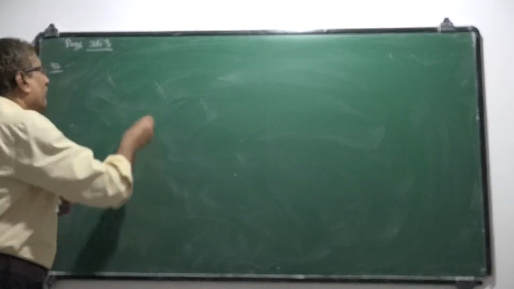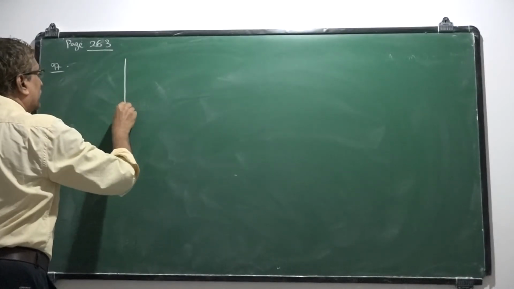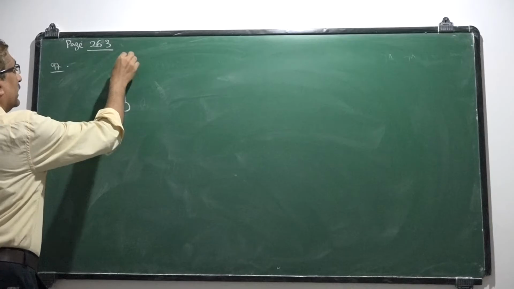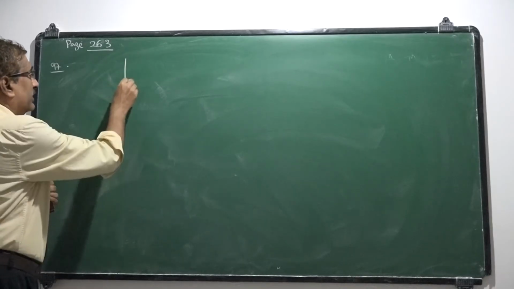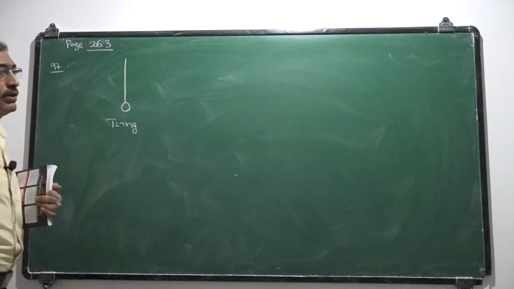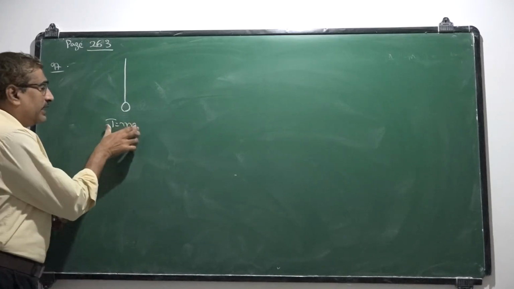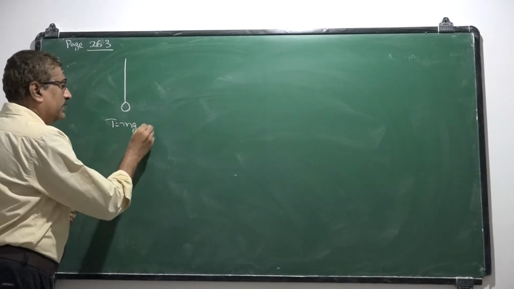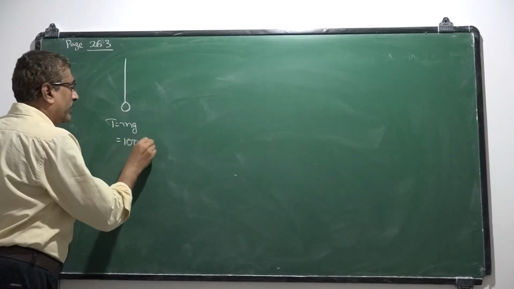Okay. Now, when a particular spherical body like this is suspended like this, then the tension in this string is given by T is equal to mg, that we know. That means when it is in air, its tension T equals mg, which is given as 100 gram weight.